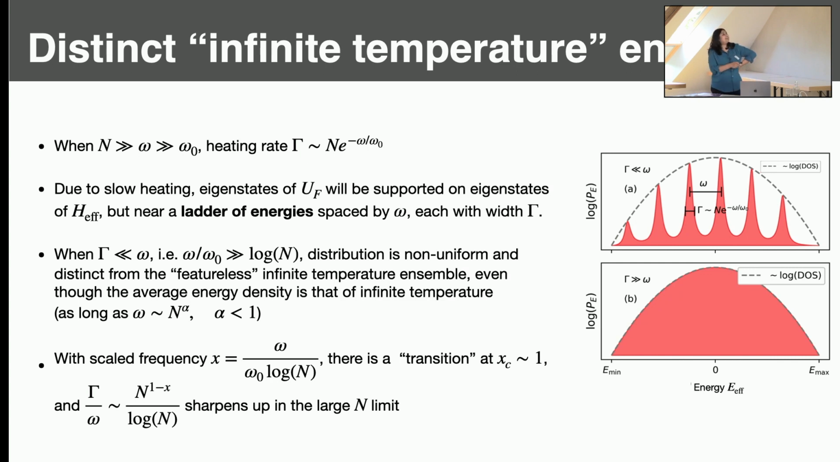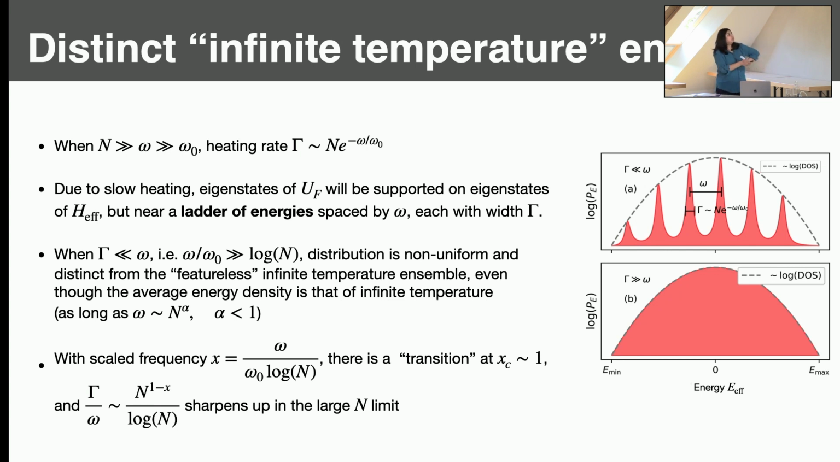is very non-uniform. Okay, and this looks very different. So this is the density of states for H effective, and you see that you populate a ladder of energies here spaced by omega, and this is very different from this featureless infinite temperature state, which exists when this line broadening is comparable to omega, where each state is occupied in proportion to its density of